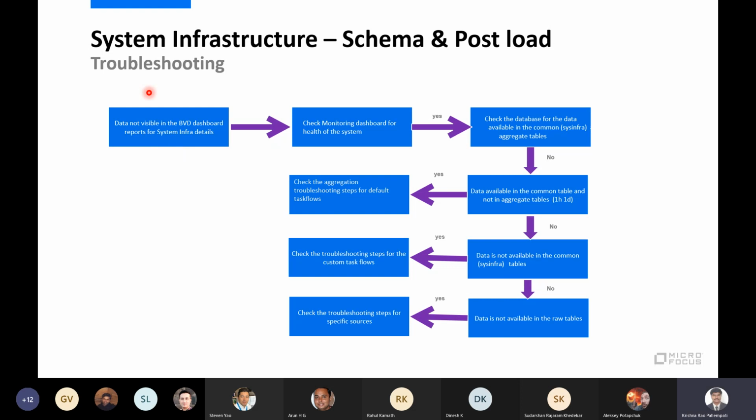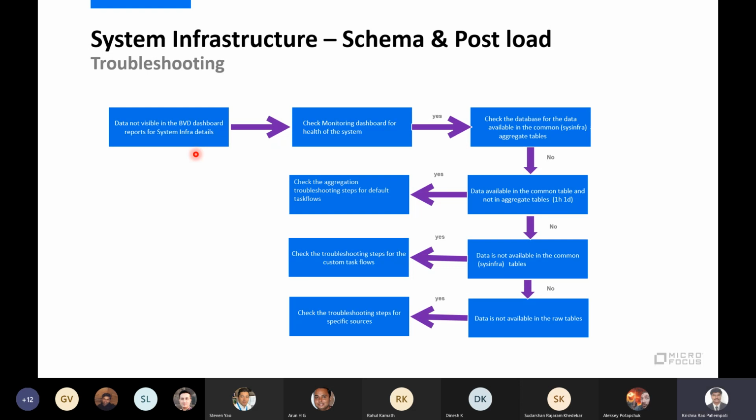So where we will see a gap, or that the system is not running, is mainly on the BVD dashboards. You will see on the BVD dashboards whether they contain all the data, or whether there are any gaps or no data. So the symptom is that in the reports we didn't find the desired results, or there are some gaps in the data for some of the days.